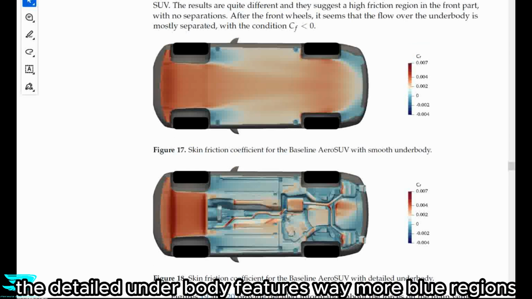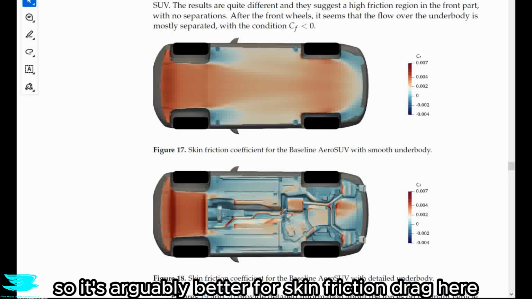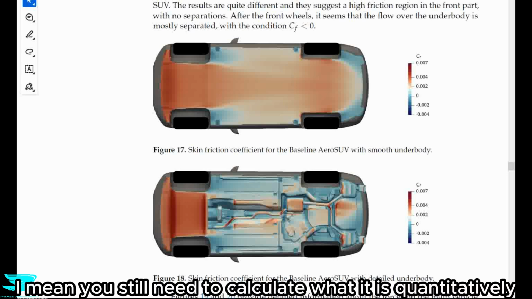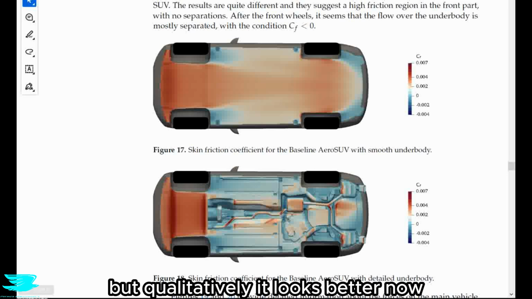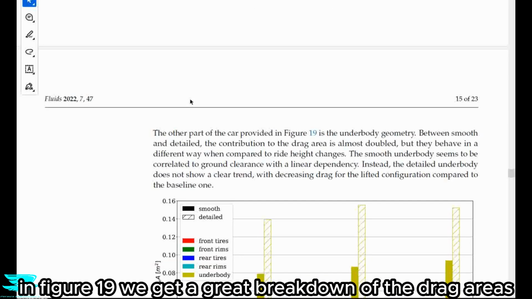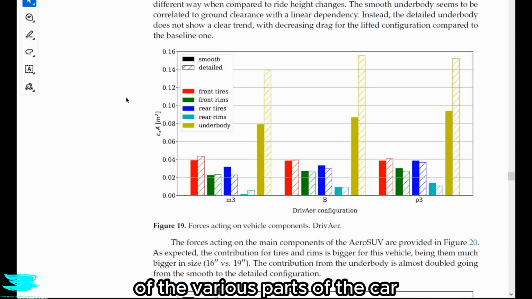Incredibly, the detailed underbody features way more blue regions, so it's arguably better for skin friction drag here. I mean, you still need to calculate what it is quantitatively, but qualitatively it looks better. Now in figure 19, we get a great breakdown of the drag areas of the various parts of the car